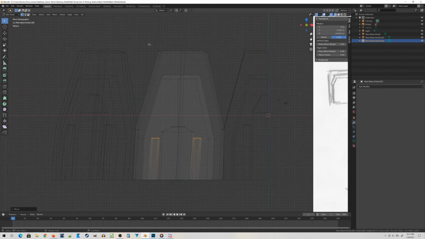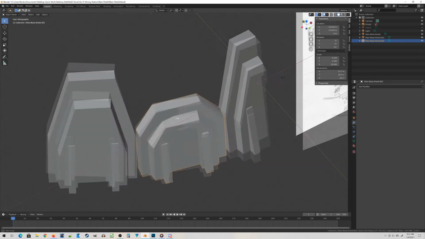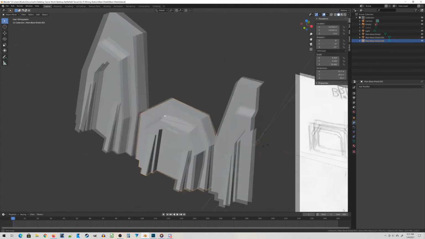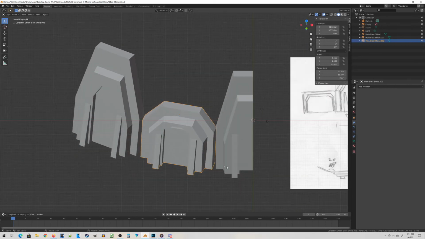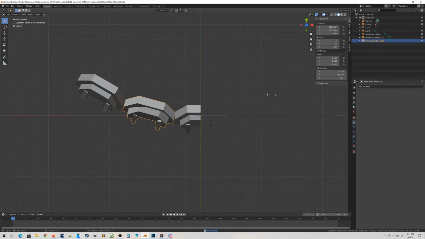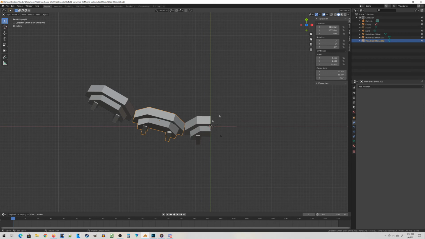I'm going to repeat the process up here. So what I can do is just grab these guys and bring them down a fair bit. And then same thing with the top. So now if I go to solid mode, what I've got is a stubby version of what I just built, and that's looking pretty good. Now I need one more of these things, right? Because it's going to go blast shield,